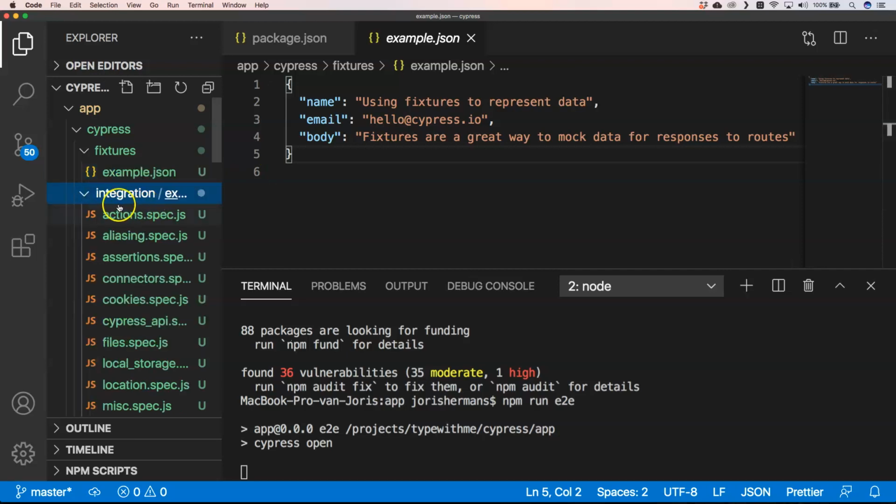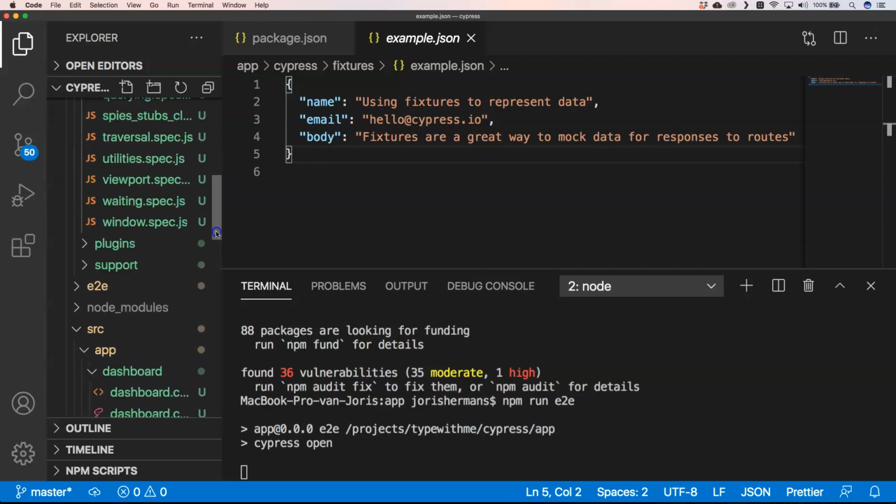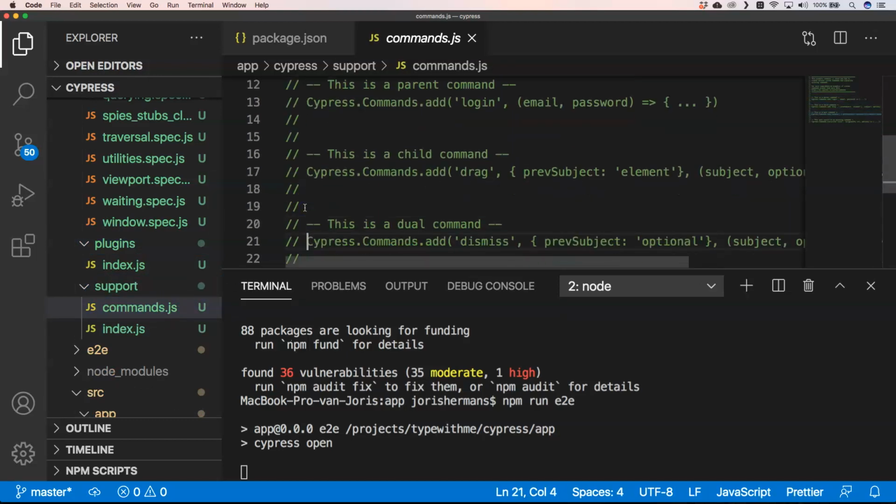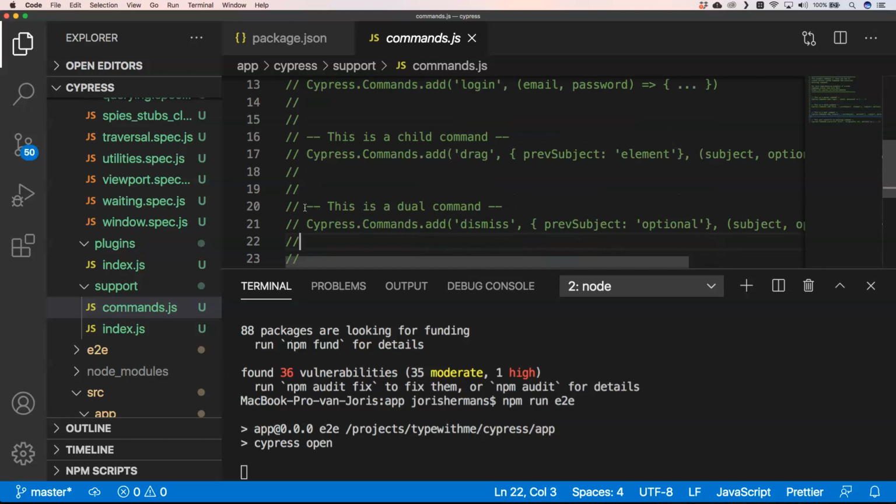And then we have our integrations. This is our tests, right? And then you have some plugins here and supports, which has commands. You can add some commands. Commands are things like user behaviors or other things like here, add login. If you want to do a login, you just provide an email and a password, and then you can write some Cypress code that does the login for you, and whatever test you want to use login, you can very easily do that by just using a command. Okay,